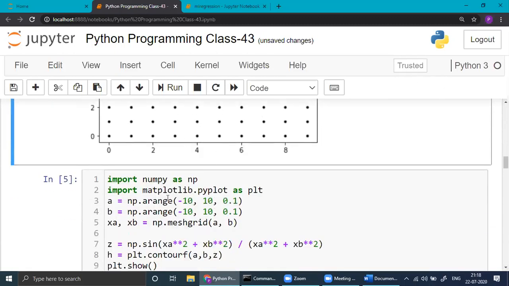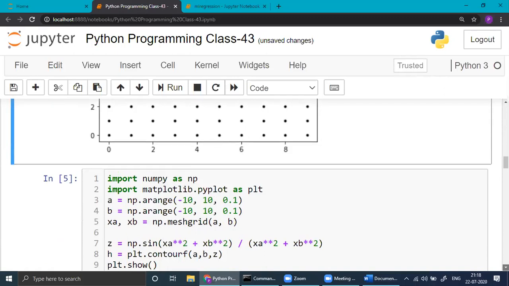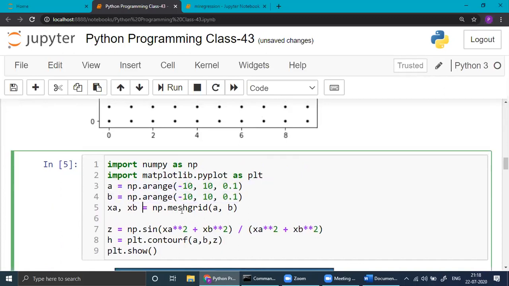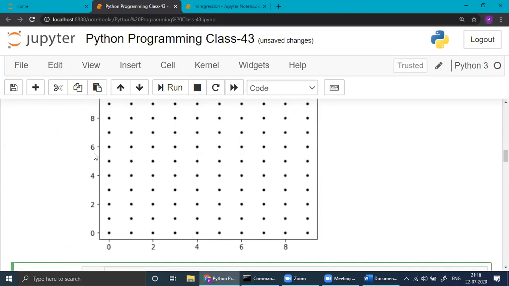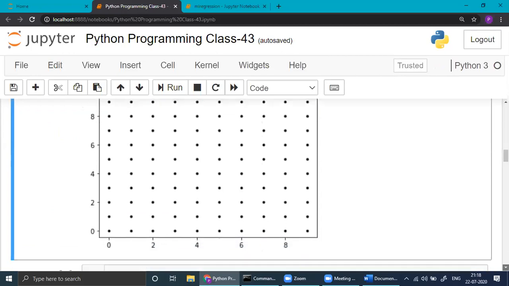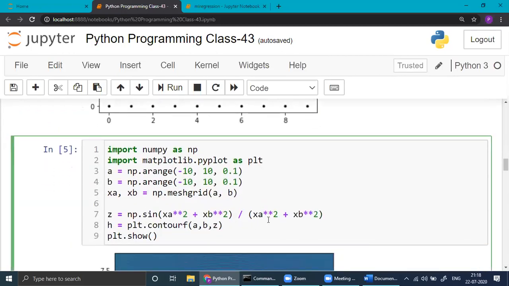Now let's use a mesh grid here. See, we had already A and B before as input. A and B, you apply the function, give input, take output, okay? Now X and XB you have, using this X and XB, square the first number. Remember, I discussed already in the word file, square the first number, square the second number, and divide it by the square of both the numbers. Okay. Now you have to plot.